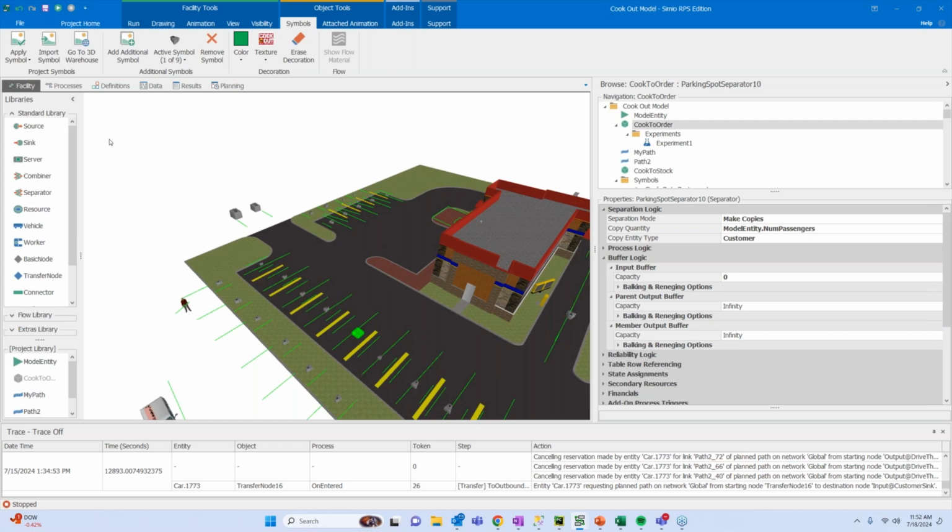I could certainly have this be extrapolated out, and I could have customers batch at a remote location as they get into their car to go to the restaurant. In this case, I've made the assumption that this will be sufficient for my modeling goals, to have a state that is representative of those customers. And I only want to have them be considered once they're in the confines of the restaurant space. And again, it goes to the approach of what you want to visualize, to what extent, and what's most important for your model. Okay. All right.